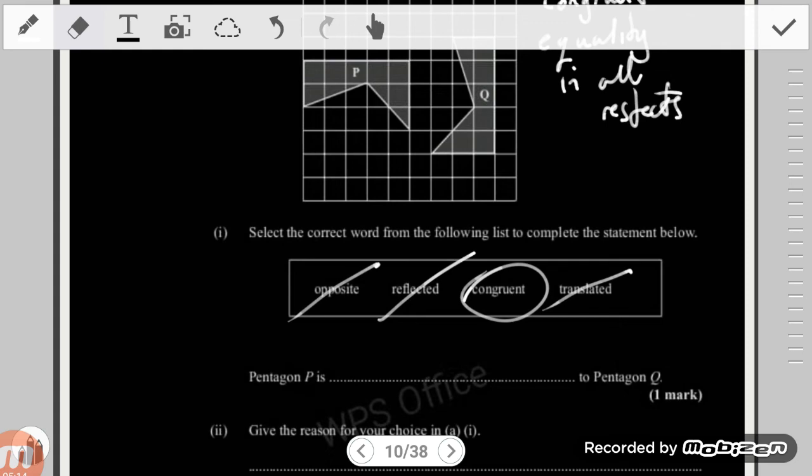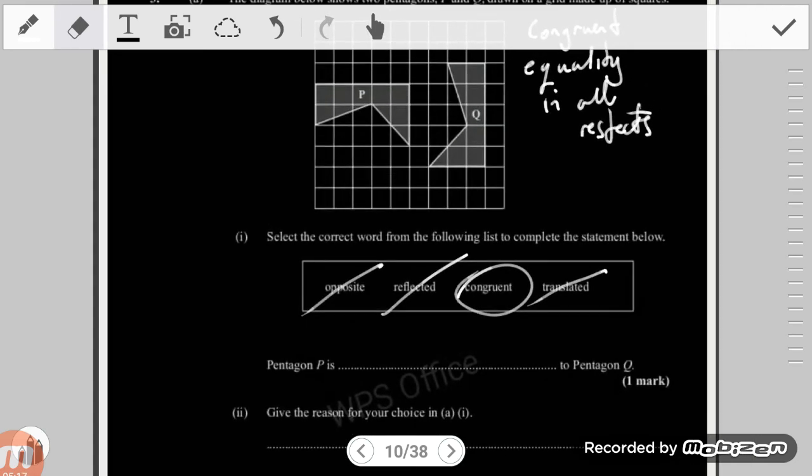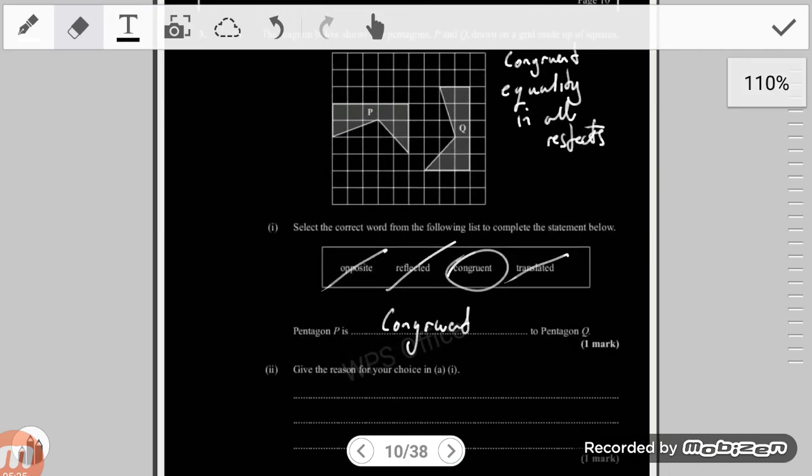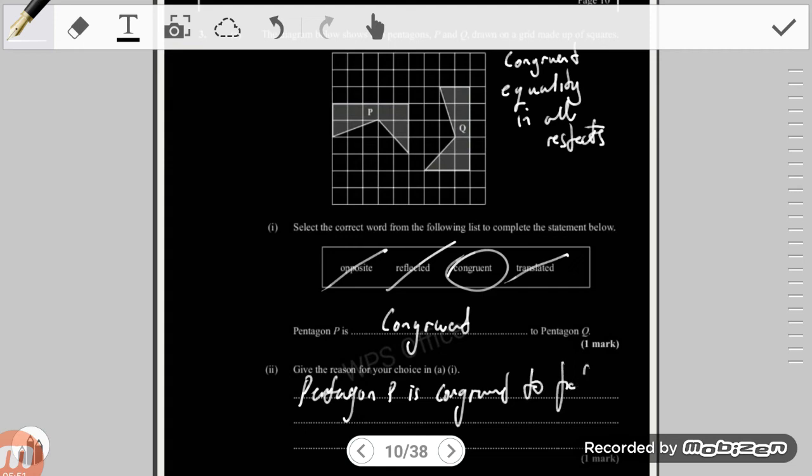All right, so let's move on next now to, so pentagon P is congruent to pentagon Q. Give the reason for your choices in a. All right, so we could just write what I had written earlier, that pentagon P is congruent to pentagon Q